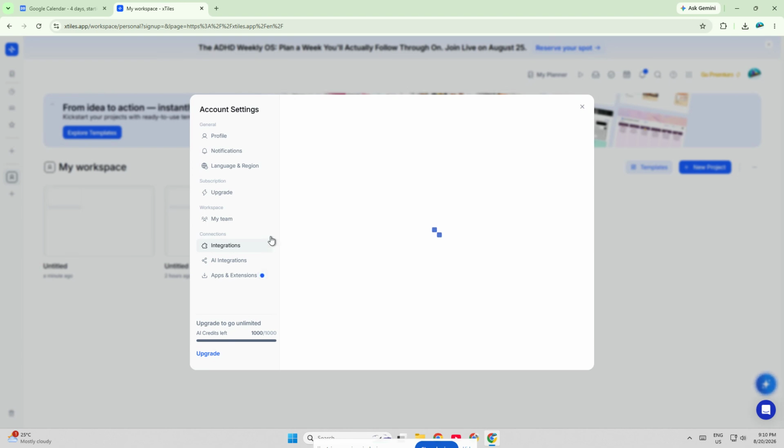From here, you can start using your calendar alongside your notes, boards, and planning tools so everything stays in one